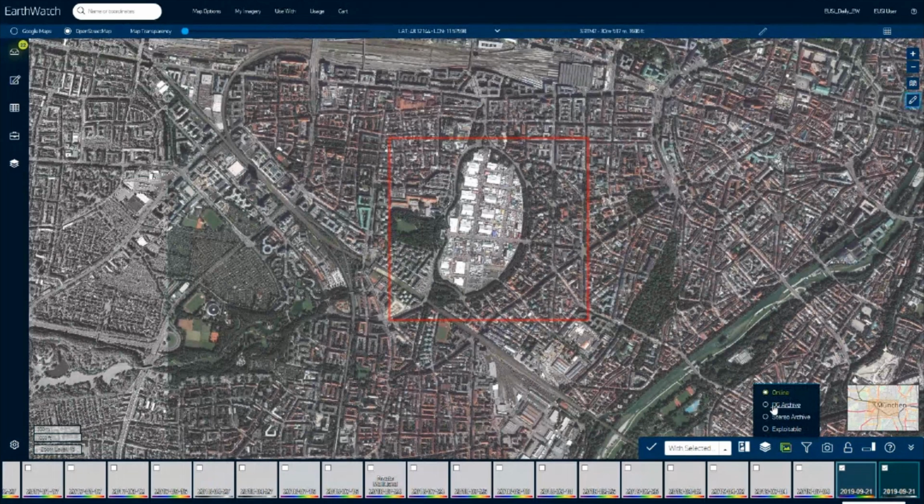I will demonstrate how this works with the archive. So I switch to the archive catalog. And then from here, I choose an image. To ease that, we can switch on the thumbnails, which makes it easier to select an image.